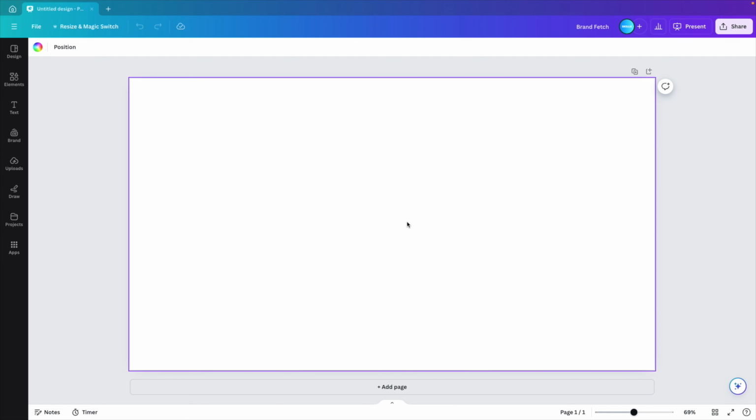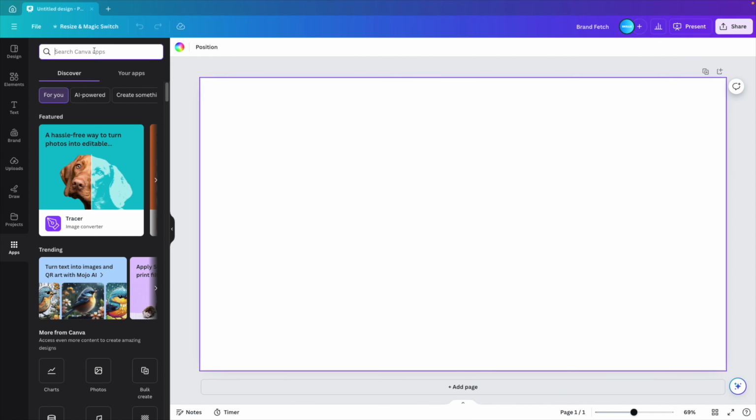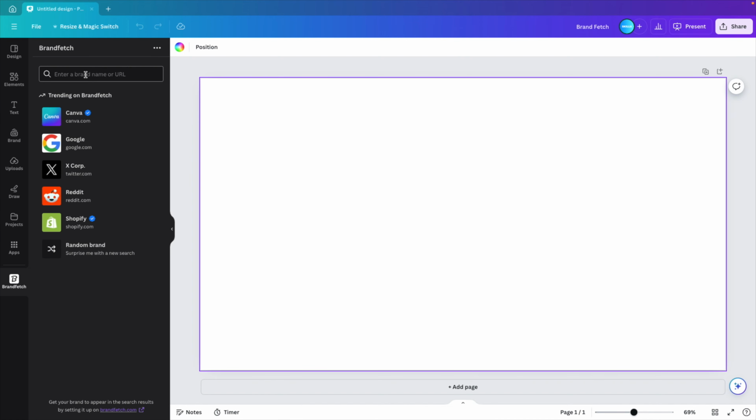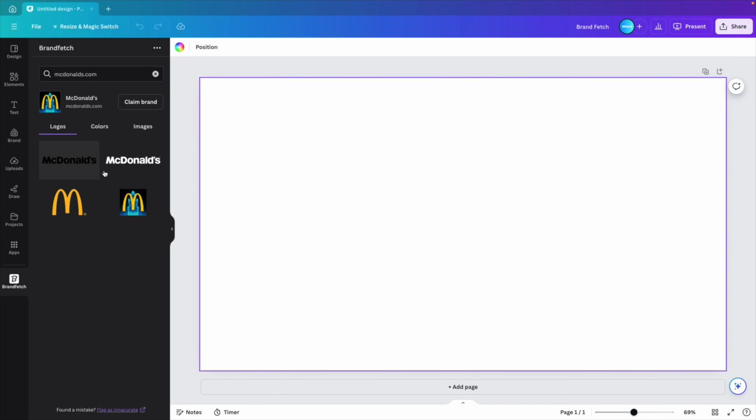Now, if you want to get that specific brand, you can go to the app section on the left, and here you can type in the word Brandfetch. This is an application. If you click it, it will install. And here you can type in the name or the URL of any brand that you want to use. There's a few existing ones, but let's say, for example, we want to use McDonald's. You can type in McDonald's, click on McDonald's, and this will give you the elements of that brand that it